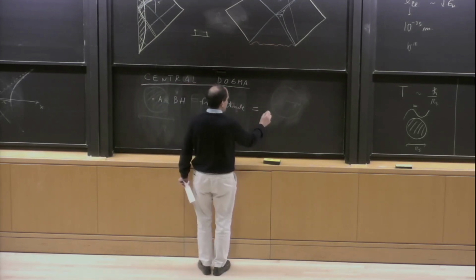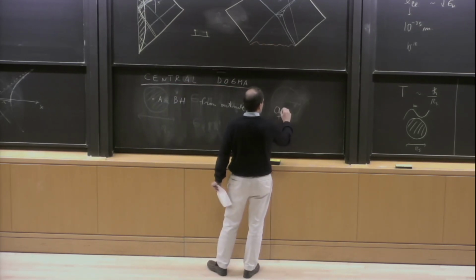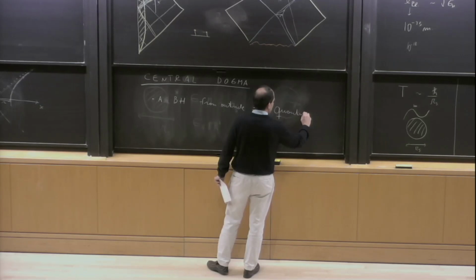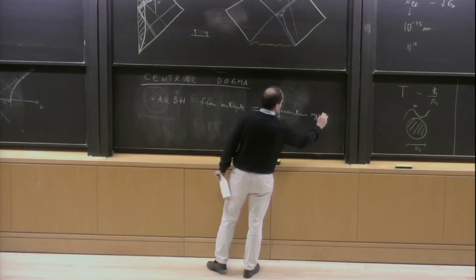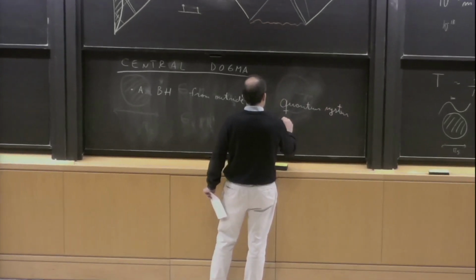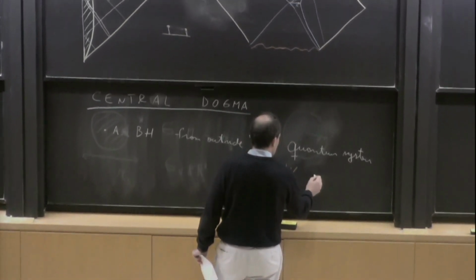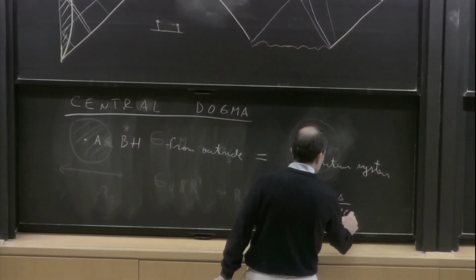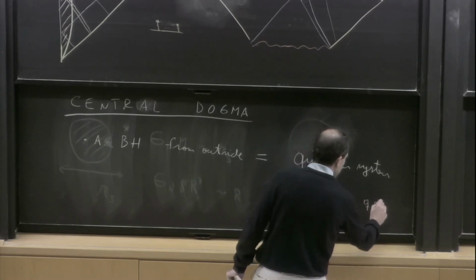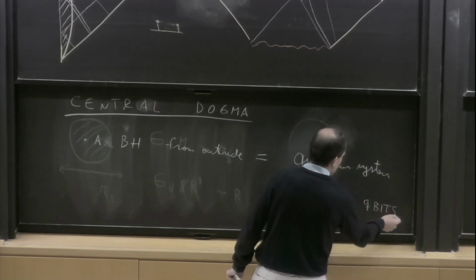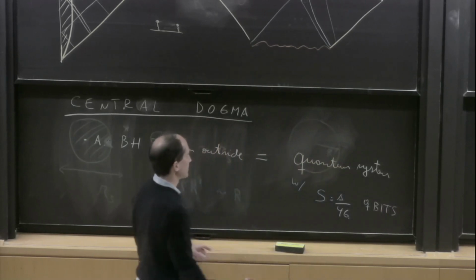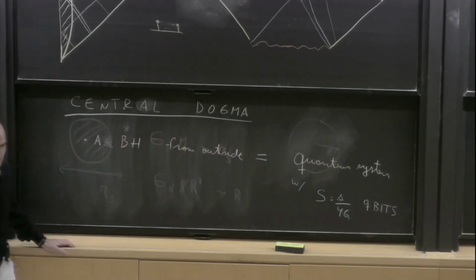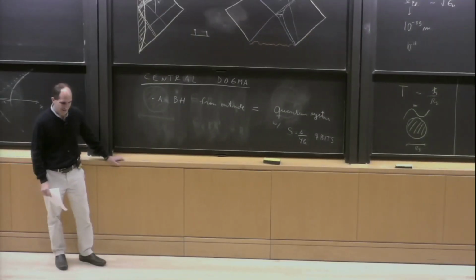a black hole from the outside can be replaced by a quantum system with S qubits, where S is the area over 4G Newton qubits. This is really a statement about the dimension of the Hilbert space. In quantum mechanics, well, I'm not sure how familiar you all are with quantum mechanics. So in quantum mechanics, the basic,